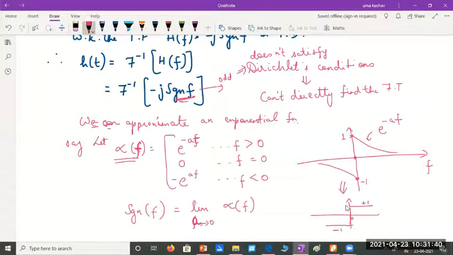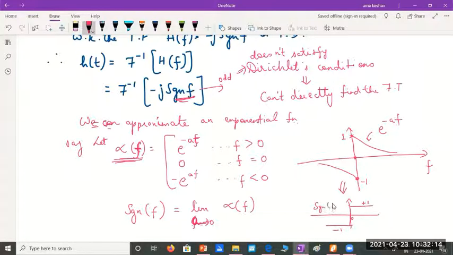So am I not getting the signum function from these exponentials? We have defined a new function alpha of f as having the value of a falling exponential for positive frequencies and a rising exponential for negative frequencies. And from this, if I apply the limit as the scaling factor a tends to 0,